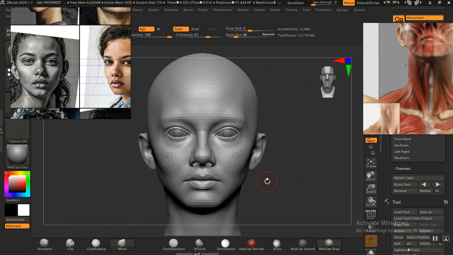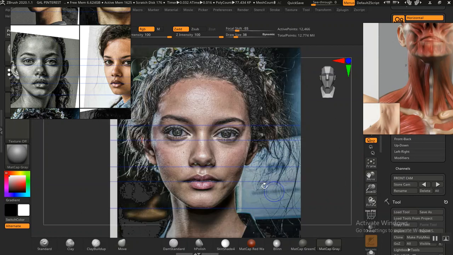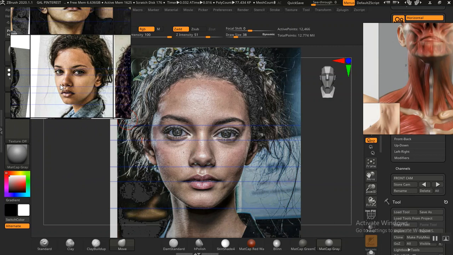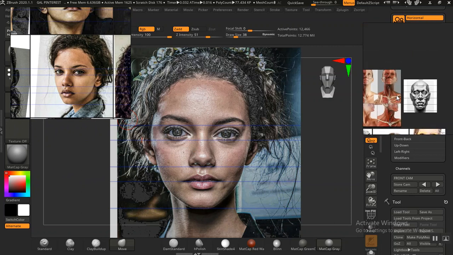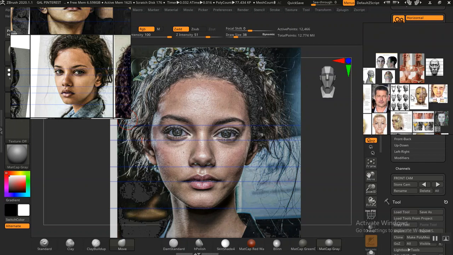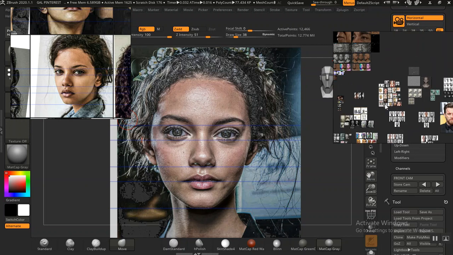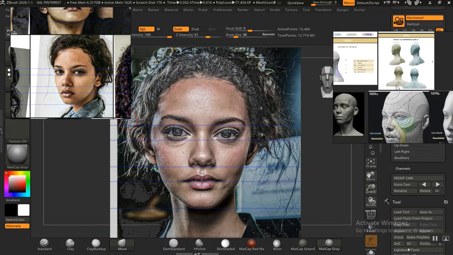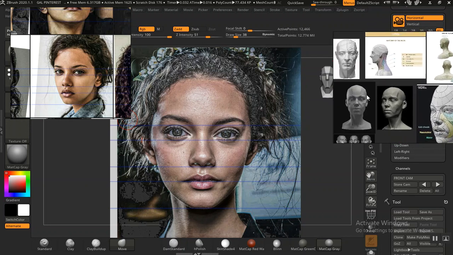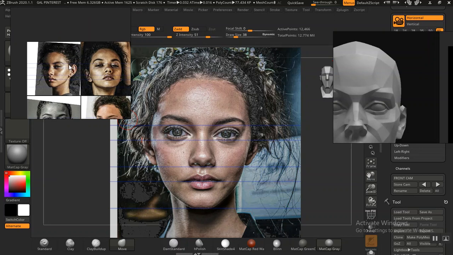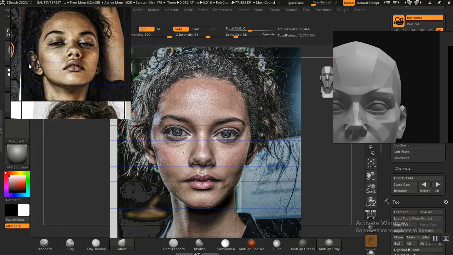Okay, so I noticed that you still need to add some depth on the brow line. You need to add some depth on your brows, somewhere around there. You need to have some depth to it. So if you compare that to our original reference,